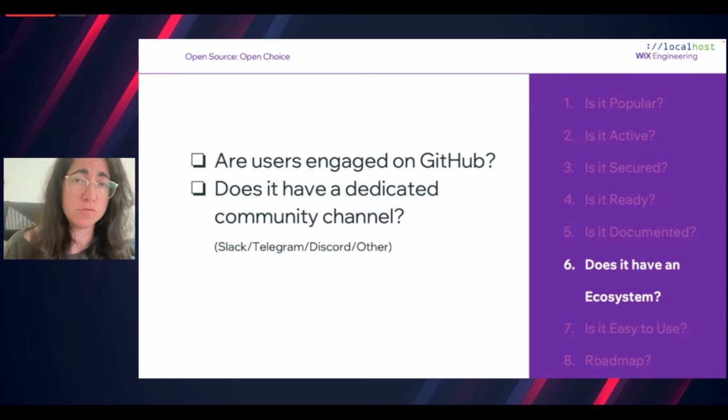So once I needed to change some flows or enhance other flows or introduce new capabilities, it was very hard for me to do because documentation wasn't great and I didn't have anyone to reach out to. There wasn't any Slack or Telegram or Discord workspace that helped with people that are engaged. Also on their GitHub, they weren't engaged, so it was very hard to speak with people that already have experience with Rundeck that could help and suggest for me what to do.